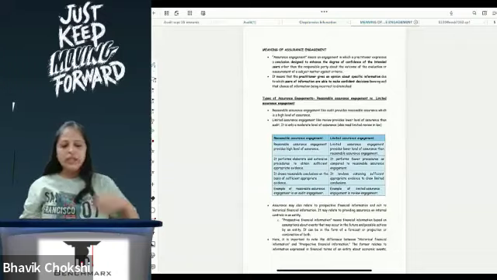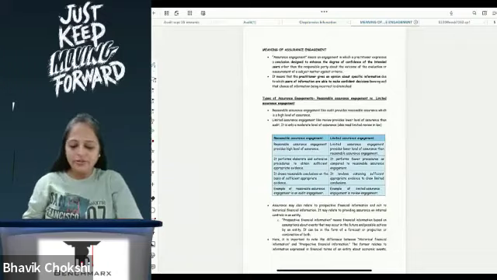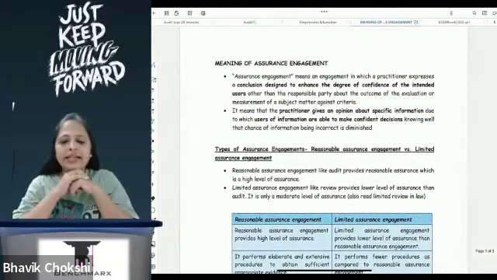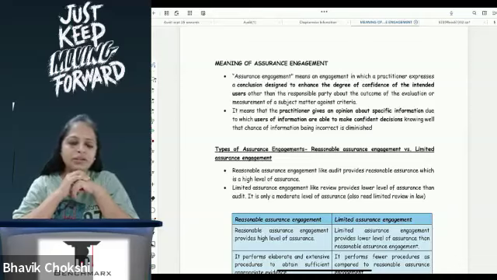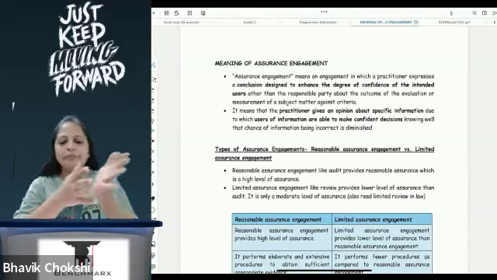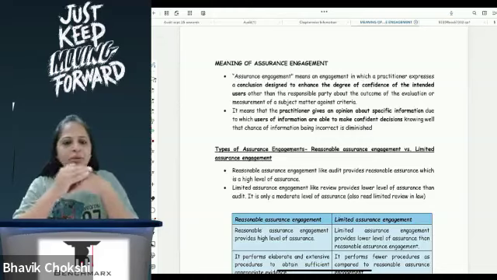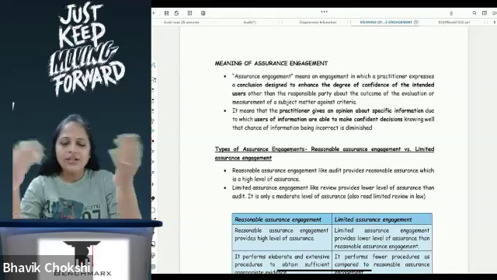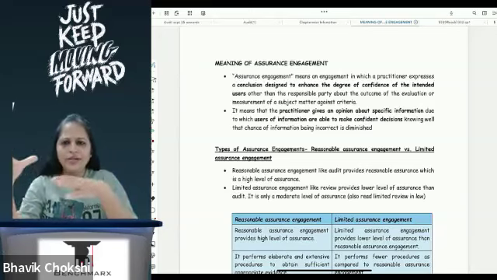Before we move ahead to the CA Final audit, a quick revision of what we have done in CA Inter. We have understood what is the engagement. When a client is appointing you to work for him or the firm or the company, at that point of time you enter into an engagement with the client, correct? And there are a lot of things that you check before you actually get into the engagement with the client, as to what the client is doing, whether you have the bandwidth or you don't have the bandwidth, you plan the entire strategy, and then you get into the audit process. So all of that we have learned.